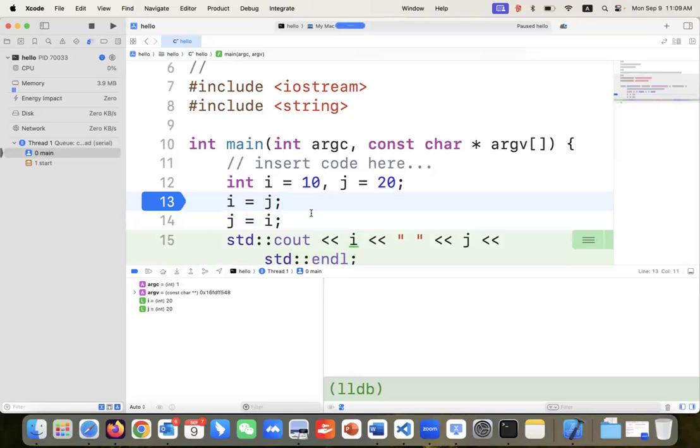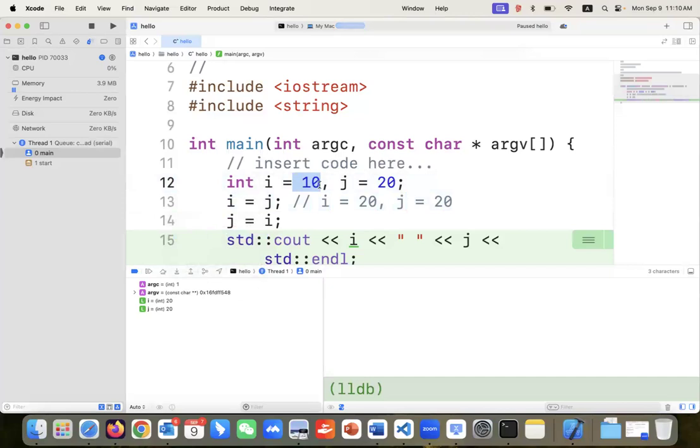As you can see here, the problem is in line 13, because when you run it, the old information of i is lost. When you assign j to i, i becomes 20 and j is 20. Your information about the 10 is lost. So after line 13, whatever you do, you will never get back your 10,